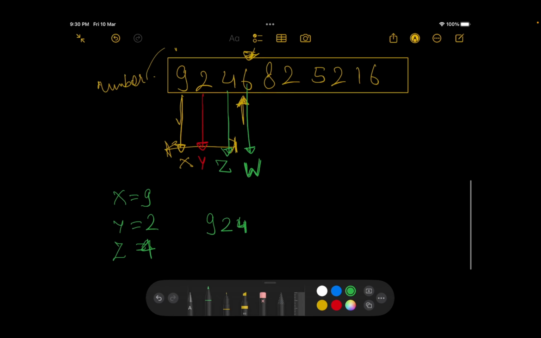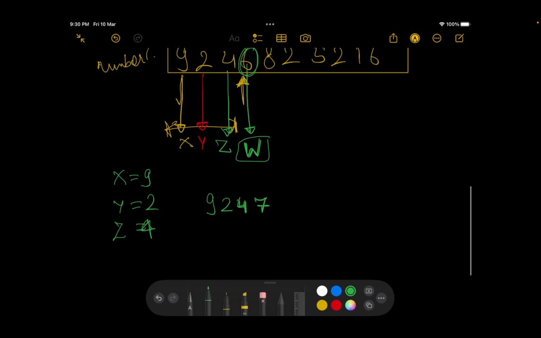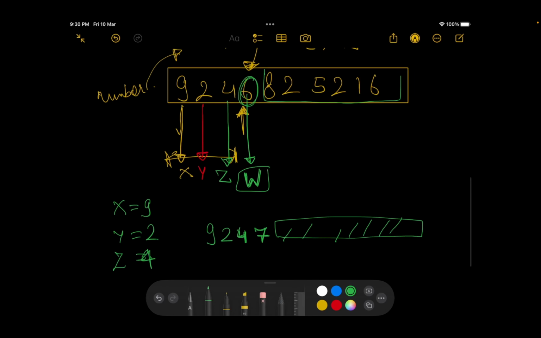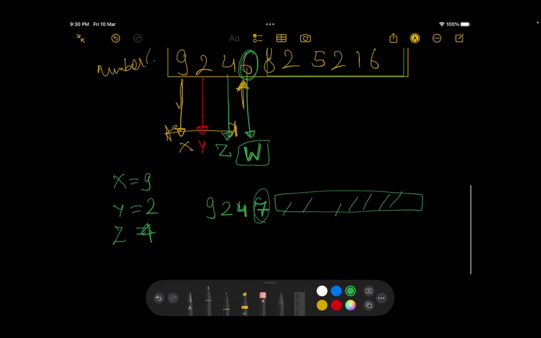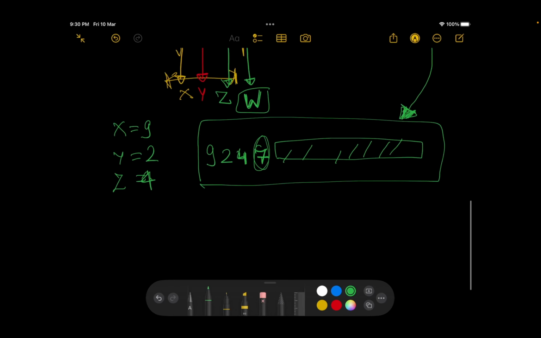Now in any case you cannot exceed this particular number by a number that is greater than 6. Because if you write, let's say, a 7 over here, then you will have some digits after this as well, so as to replicate this array. But if you write a 7 over here, then this number would definitely become greater than this number, right? So the only choices you have are from 0 to 6, correct?